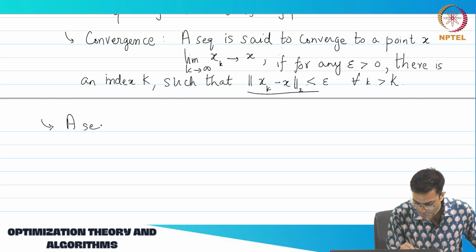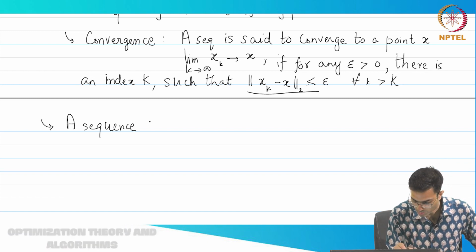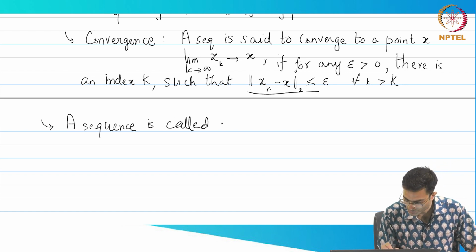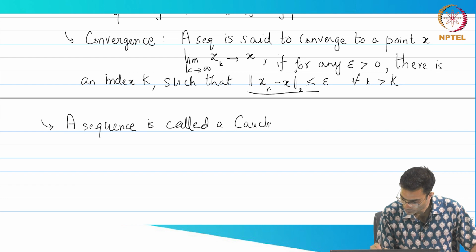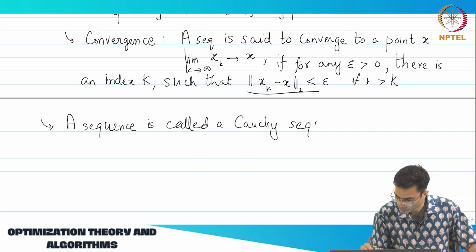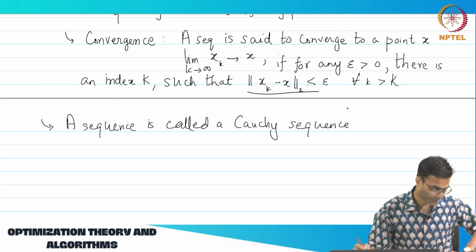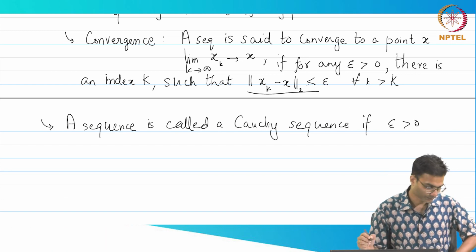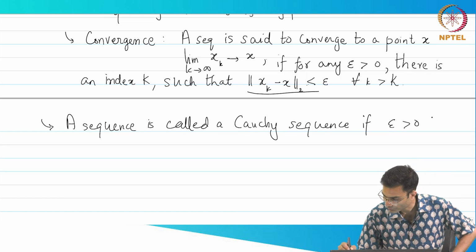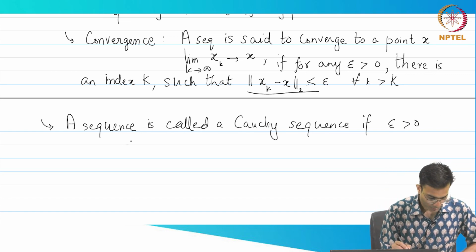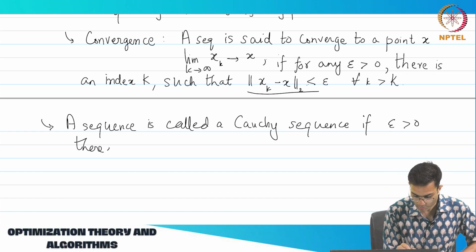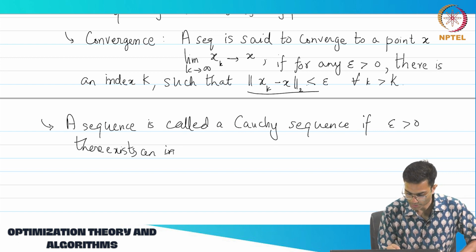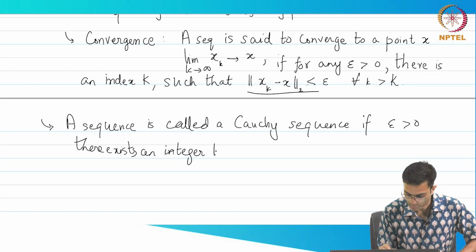A sequence is called a Cauchy sequence if, again with our epsilon greater than 0, for epsilon greater than 0 there exists an index, or let's say an integer K,